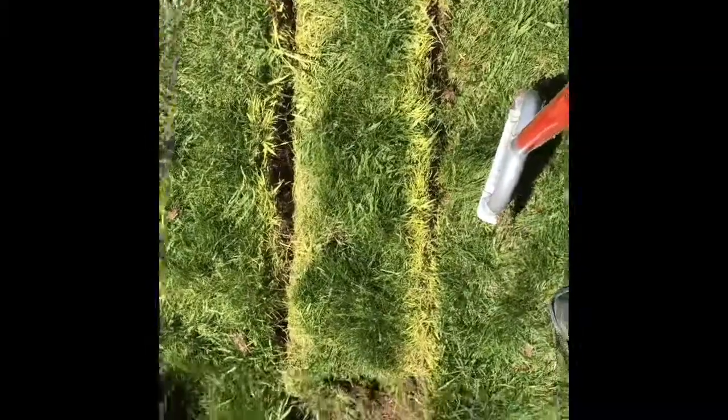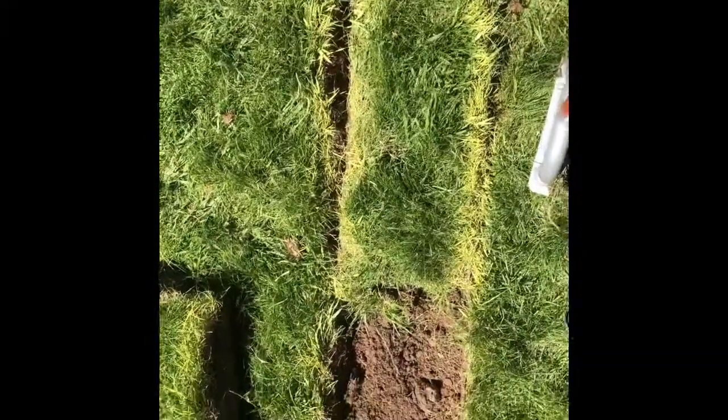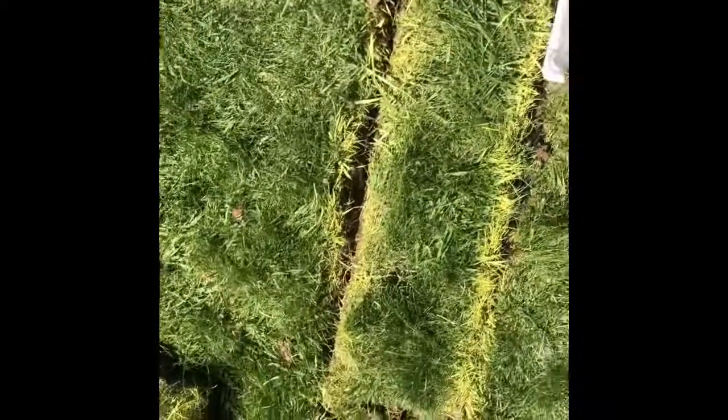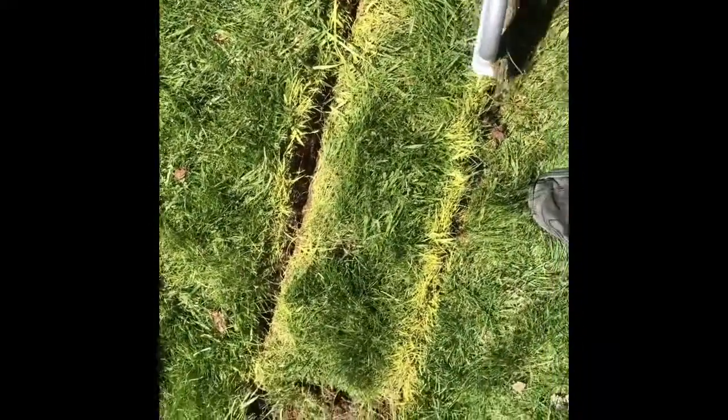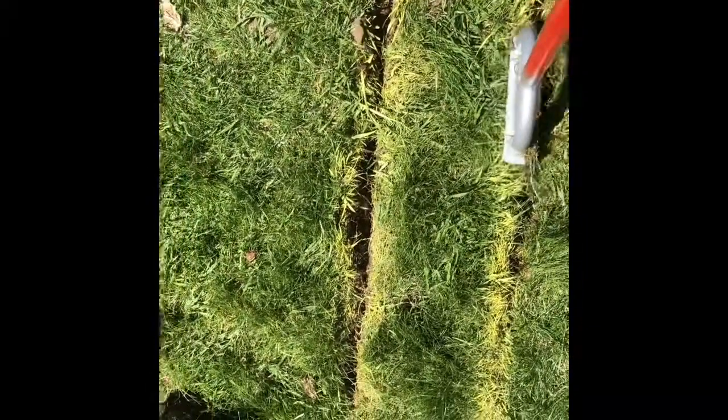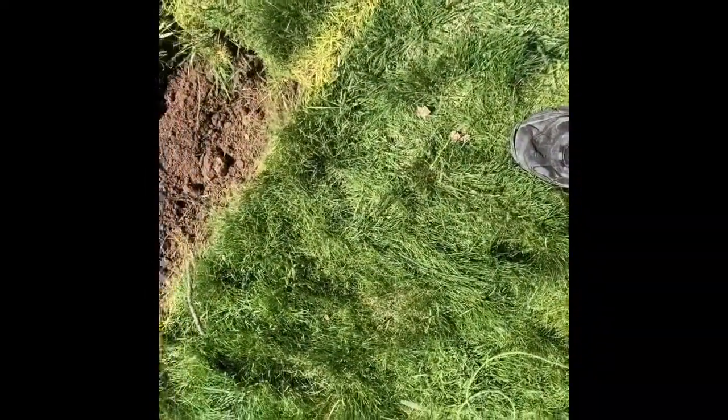I had it strung, and then I painted it so that I wouldn't lose the line. And I went down and I cut with this thing right along the line. This particular one, you just stick it on the line and put your foot in it like that and wiggle it around, and then I just move it to the next spot. So I cut all the way down. Once I cut the line,